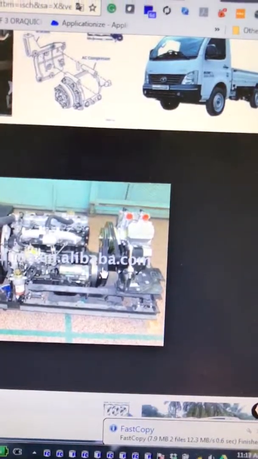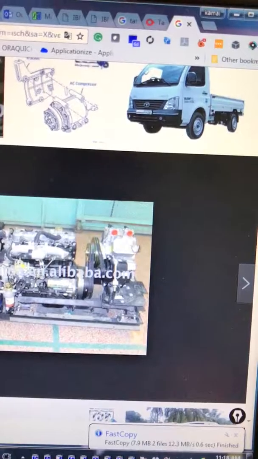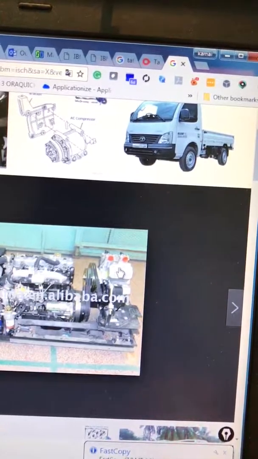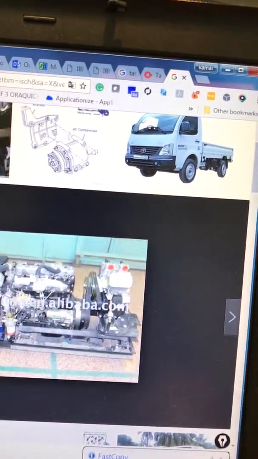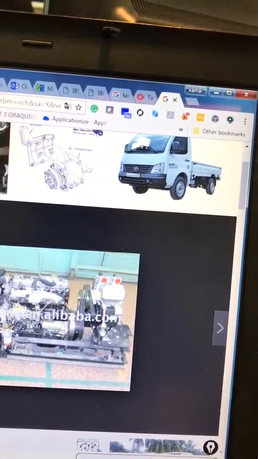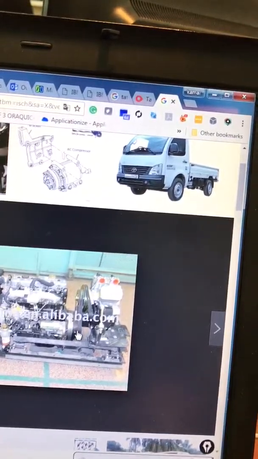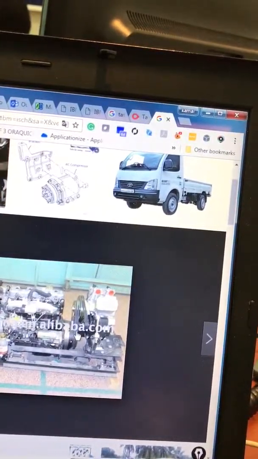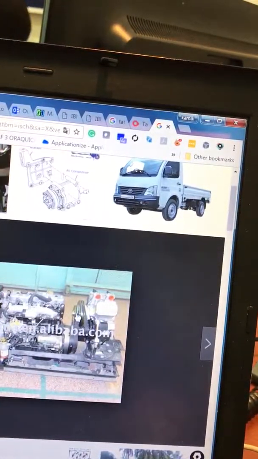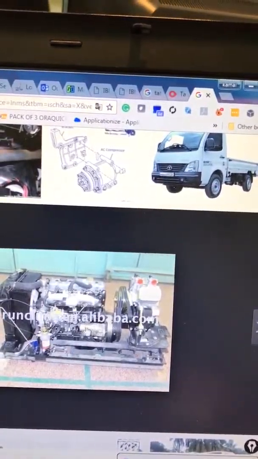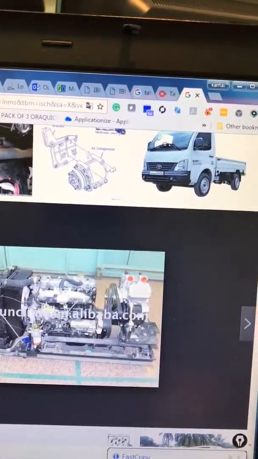And then there is a pulley that drives the compressor. If you see here, these are the reciprocating compressor, and this is a piston type compressor, and it's connected through pulleys to the output of the engine, to the flywheel of the engine, and it's driven by belts. So yeah, so this is fitted to the bus,